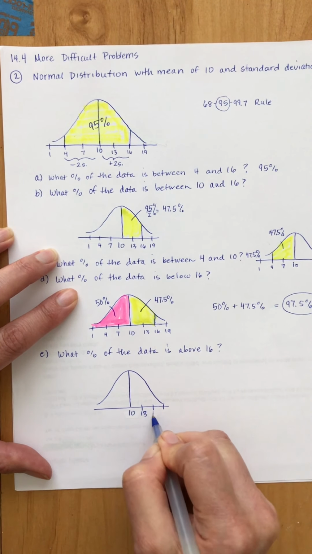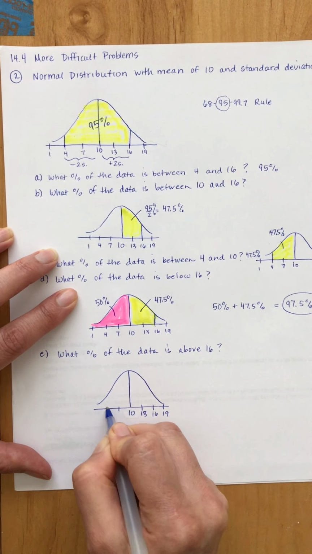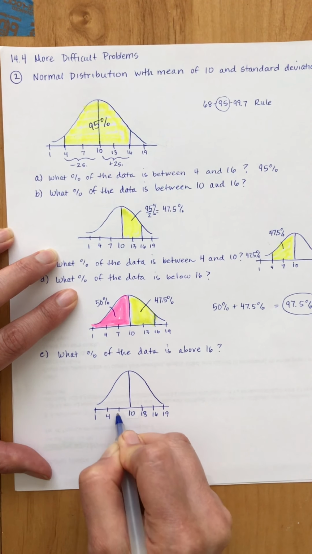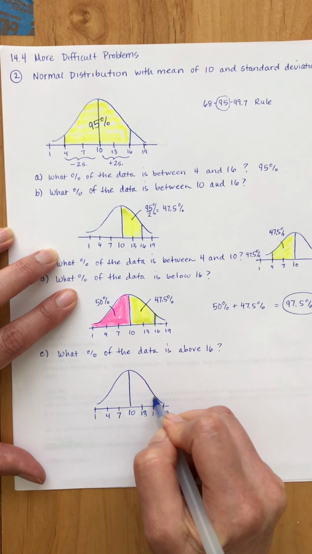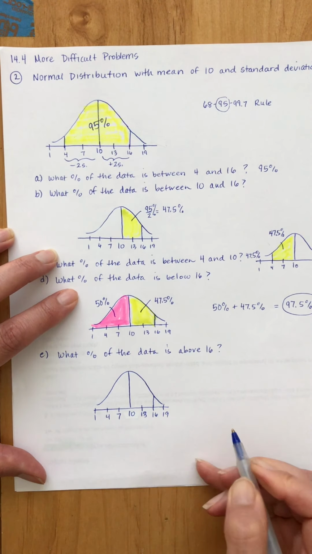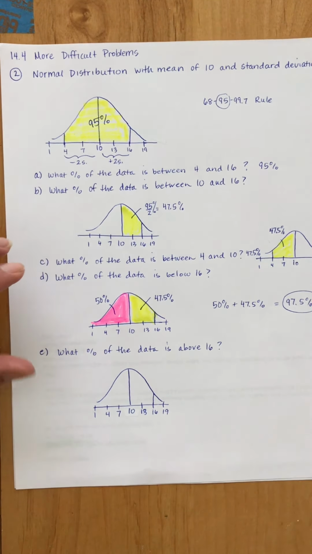10, 13, 16, 19, 1, 4, 7. Okay, so we want to know what's above 16. Let's figure it out. Well, we know that this is 47.5,